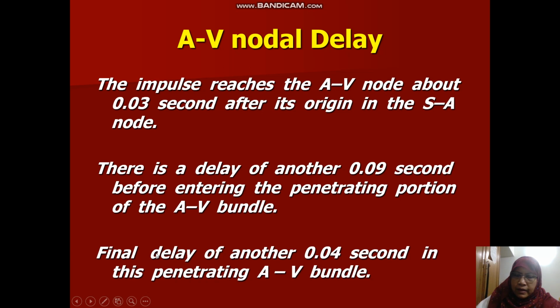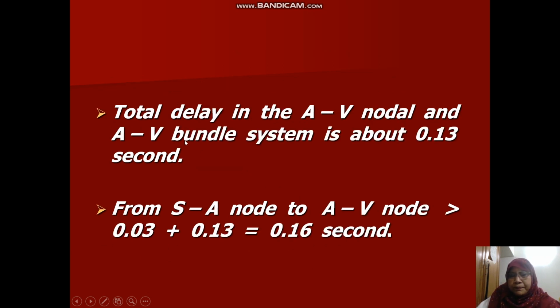And then another delay occurs in the AV bundle, and the time is 0.04 second, which occurs in the penetrating portion of AV bundle. So totally the delay in AV node and AV bundle is 0.13 second. So 0.13 second plus 0.03 second, that is from SA node to bundle branch, it requires about 0.16